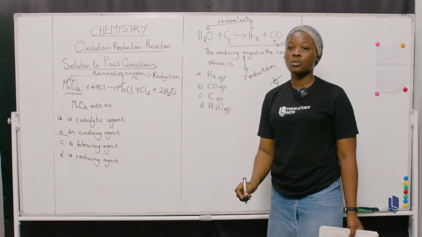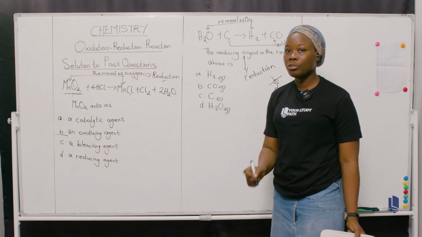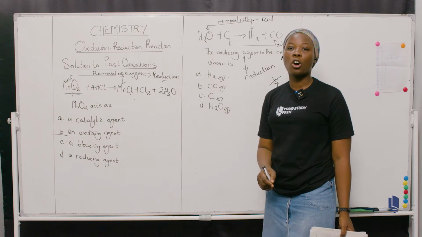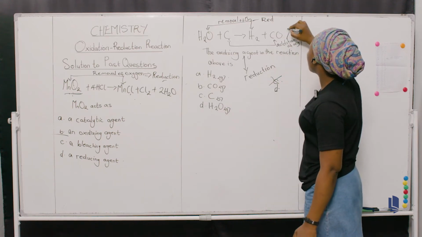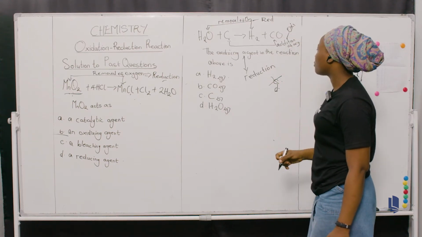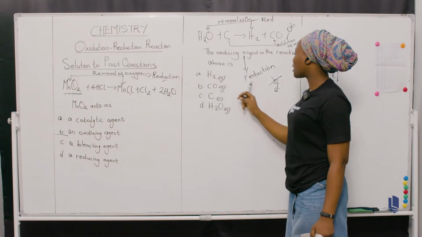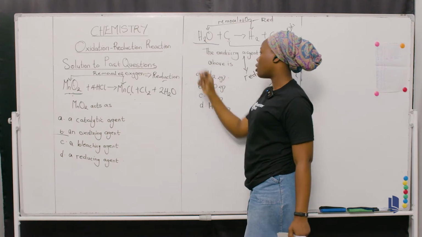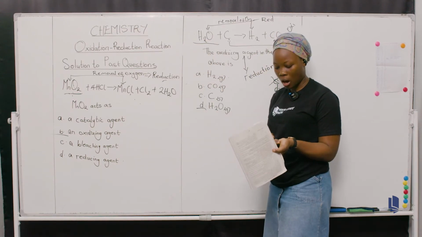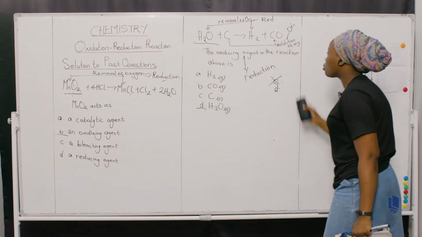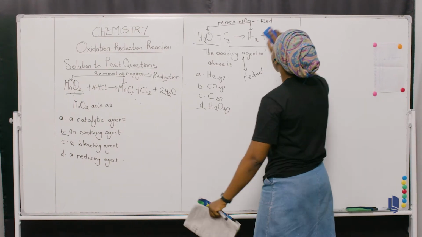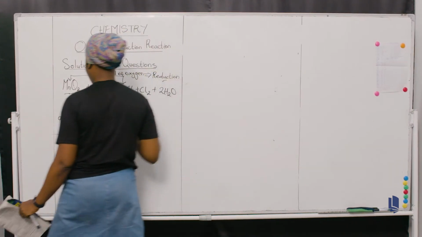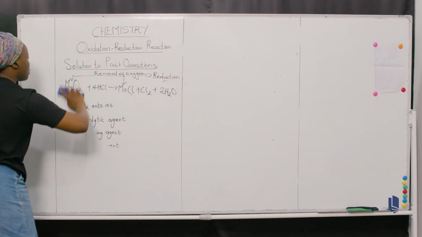Removal of oxygen is what reaction? Reduction. Addition of oxygen is oxidation. And so we want the reactant undergoing reduction, and the reactant undergoing reduction here is H2. So D is our answer. Okay, so we'll stop here and then let's move to any question. No question, move to